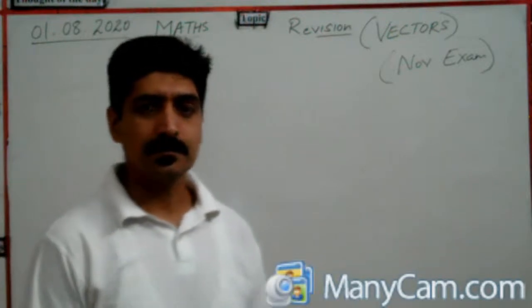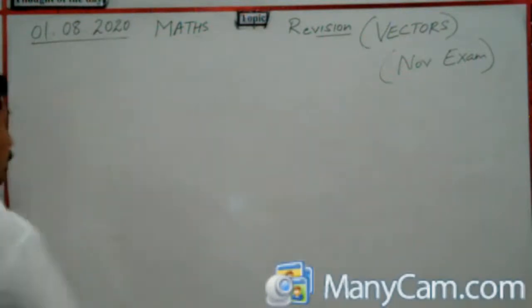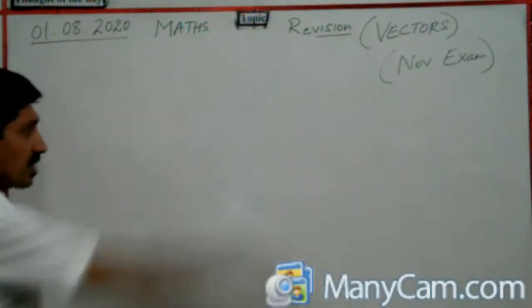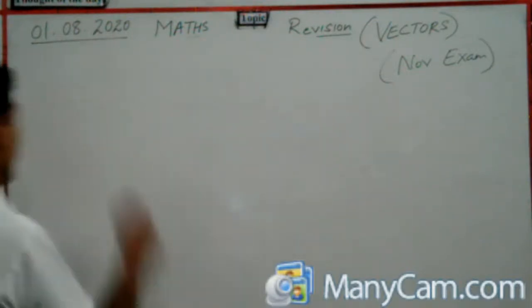So in vectors, we have studied, to study vectors, that grid is very important, right? If we have a grid,